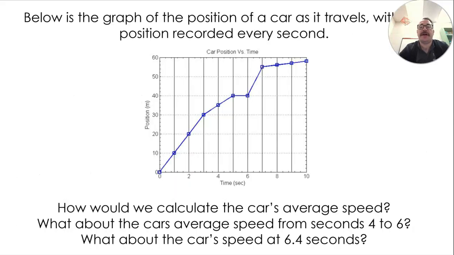So we'll start off with this graph of the position of a car as it travels, with the position recorded every second. When you are in a car, that speedometer that's attached to your car gives you what you would think is the instantaneous speed of your car, so your car speed at any given instant. Now, if you were to take just a freeze frame of time, you wouldn't be able to really detect motion at all